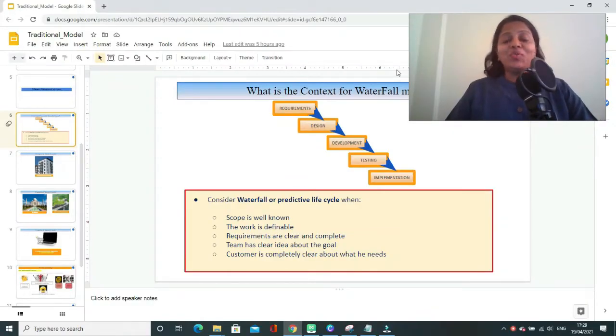Hi and welcome to this session of waterfall model. In this session, we are going to understand waterfall model is suitable for which type of projects. As we know that waterfall model is a linear sequential model. So in this scenario, if you want to understand for which all projects waterfall model can be used,